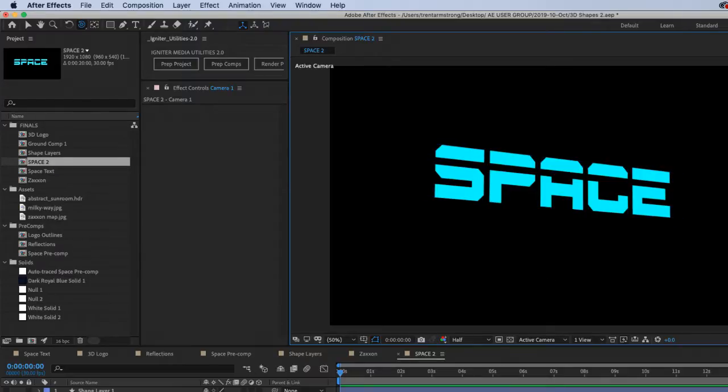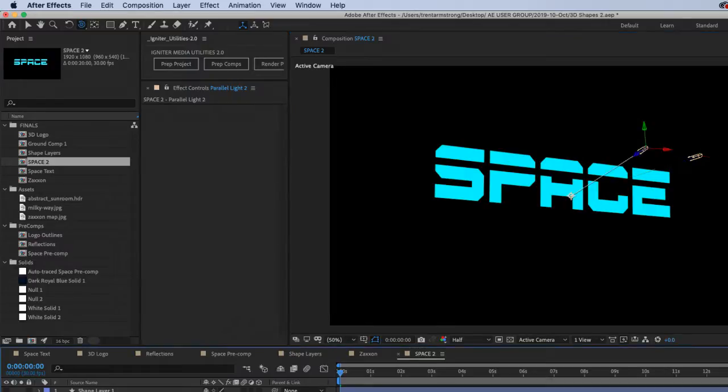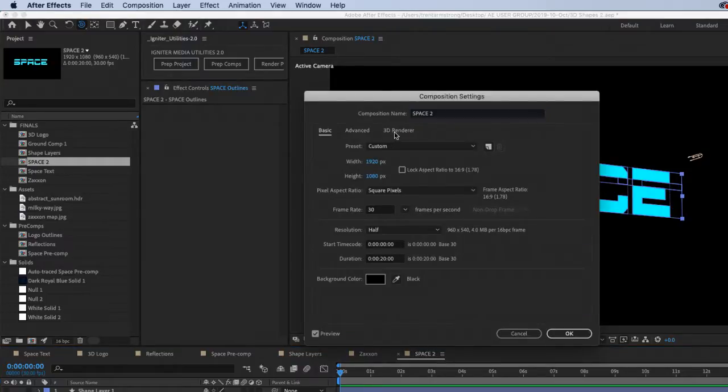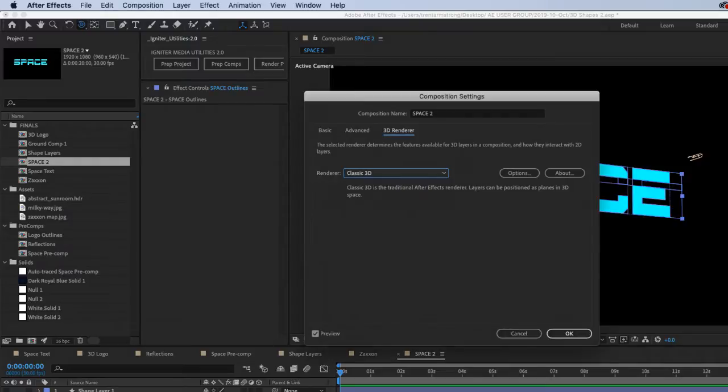All right, and then add a light and duplicate a light. And this guy. See how it's telling me down here I need to change the renderer?